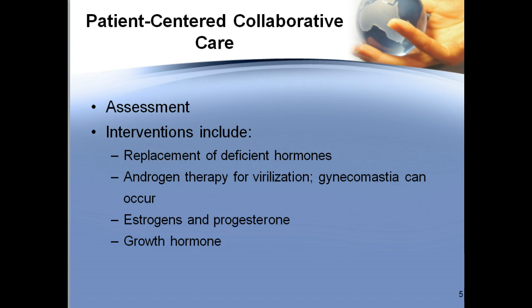A lot of times they have a loss of their secondary sex characteristics in men and women. The male patient might have body hair loss, and women may report amenorrhea, which means they might not have any menstrual cycle, decreased libido, painful intercourse,